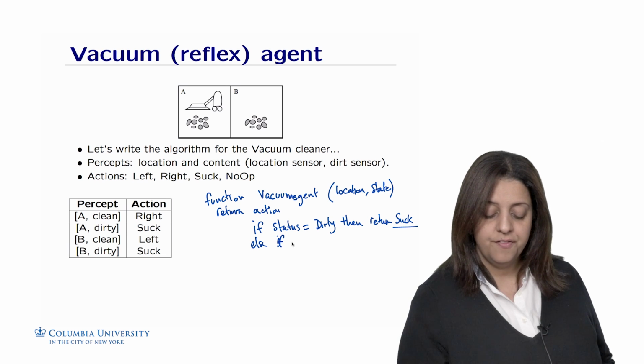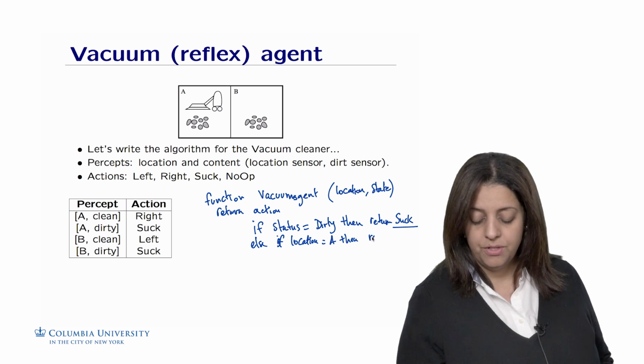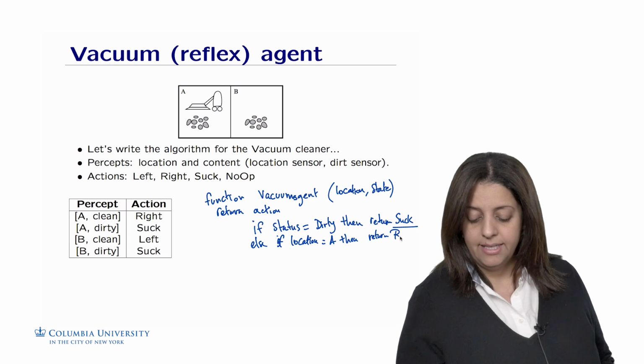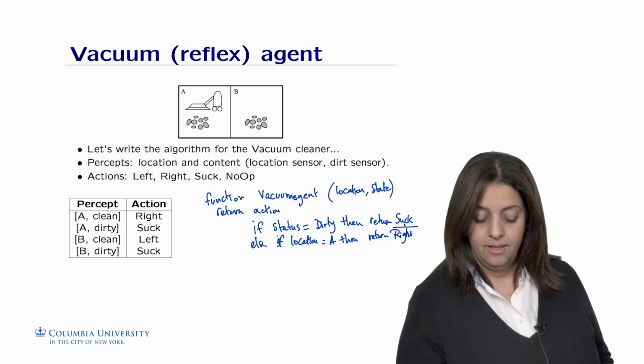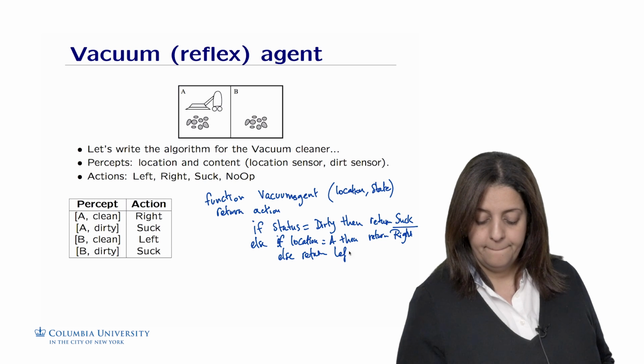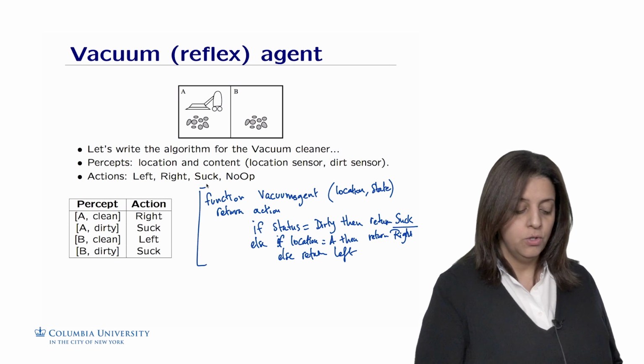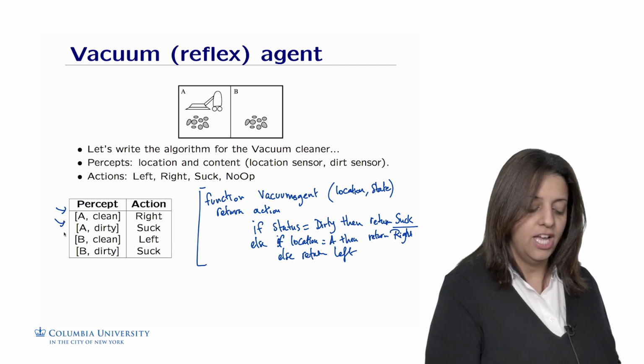we could ask if the location is A, then I'm going to return what? Return the action of going right. Else, I'm going to return the action of going left. This is a very simple reflex agent that just looks up in this table and checks which one